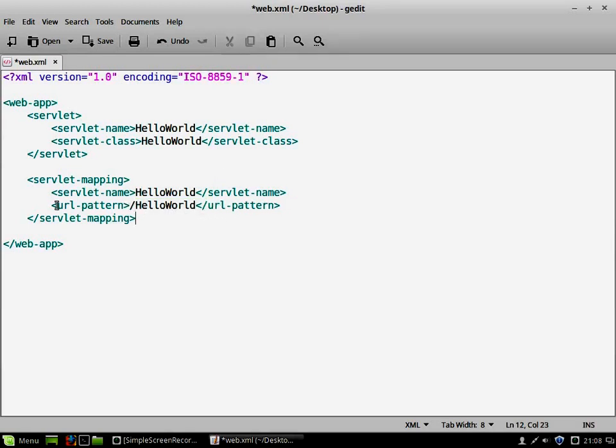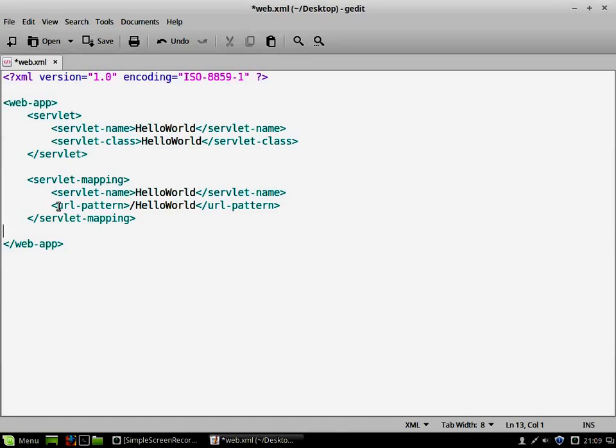You see, this line is very important. URL pattern /HelloWorld. So after hosting the Java file in Apache Tomcat, the end user uses this pattern to execute our Java class file called HelloWorld. Slash is very important. Before the slash there will be some path. That path is nothing but the place where your Apache Tomcat runs.